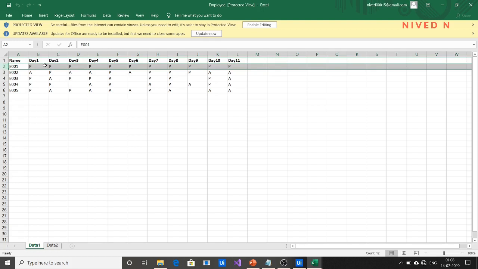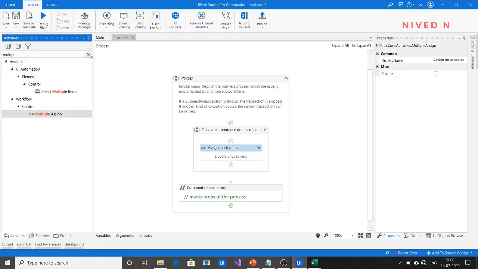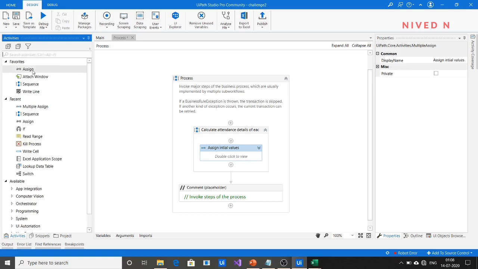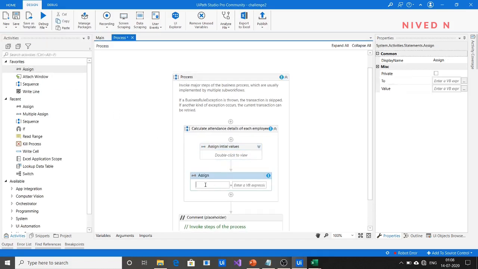We have to know how many present days, absent days, and null values there are. For that you have to know each state of day 1, day 2, day 3, etc., that is each cell value. For that you have to know how many columns there are. For that you can use an assign activity. You will understand when I explain it later.